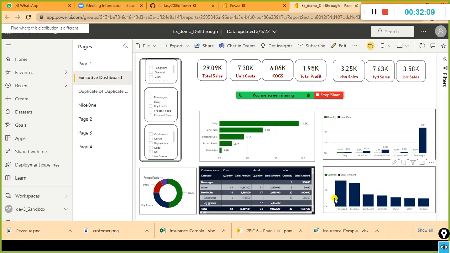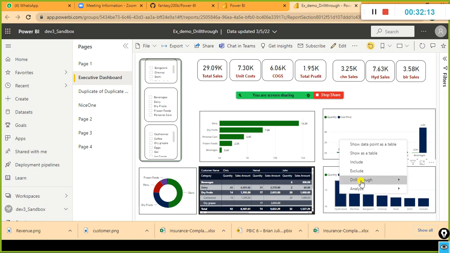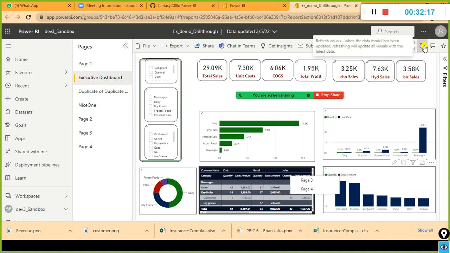Something is strange. The other day I also tested it. It was displaying page 3, page 4. Let me refresh it, maybe cookies.